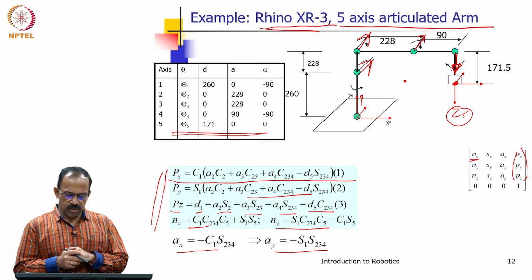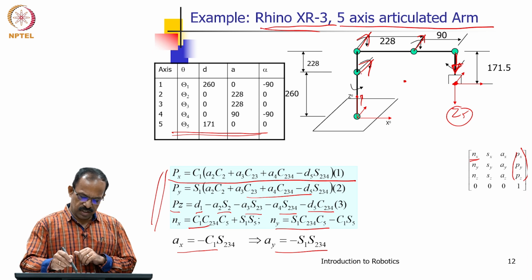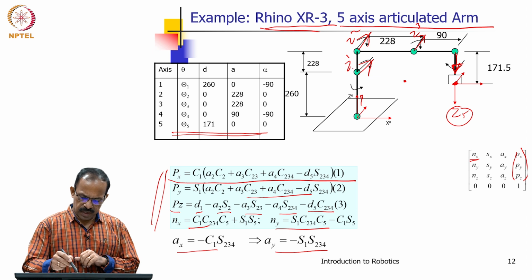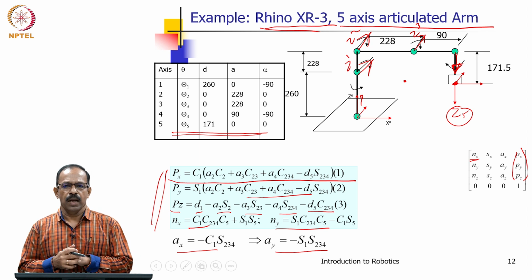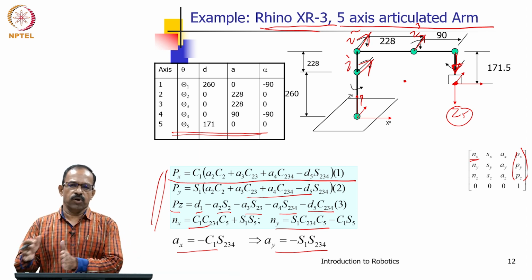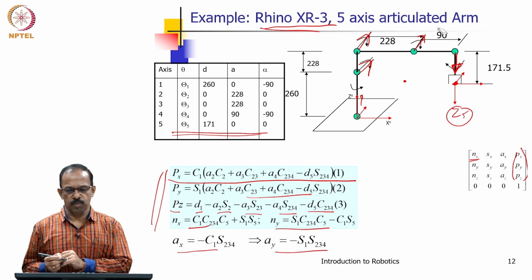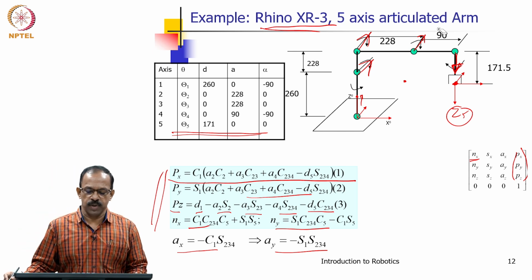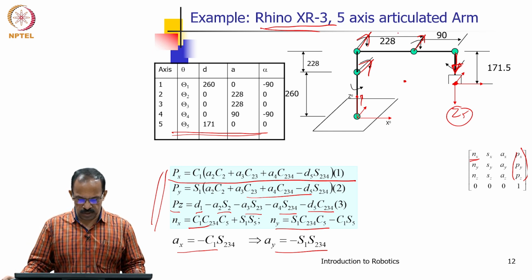Now, we know that the intersection or parallel we have to find out. So, we can see this one. Z1, Z2 and Z3 are parallel. All three joint axes are parallel, they are adjacent. So, the adjacent joint axes are parallel, and therefore, we will be able to get a closed form solution for this manipulator. That is the first thing, you can get the closed form solution for this manipulator because it satisfies the sufficiency condition for closed form solution.